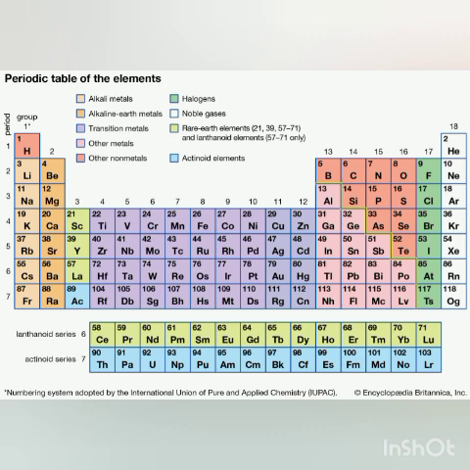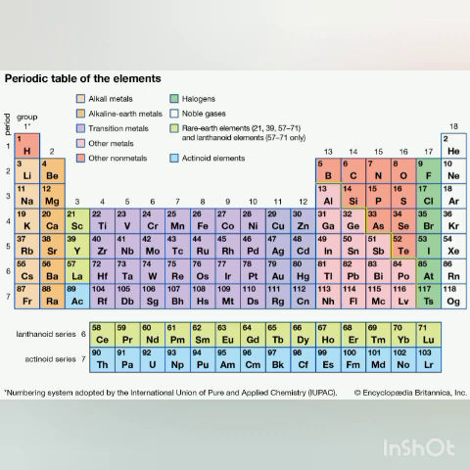So in sodium, the force of attraction between the electrons and the nucleus is less as compared to lithium. Thereby sodium can easily lose electrons, and we can say that sodium is more metallic than lithium, because as we go down the group, what happens? The shells increase, the distance of the valence electrons from the nucleus increases, and the force of attraction decreases, and the elements can easily lose electrons. So metallic character increases as we go down the group.